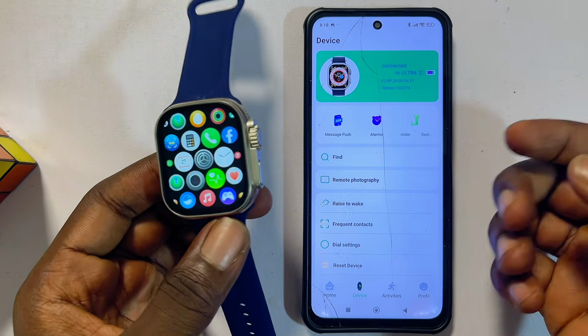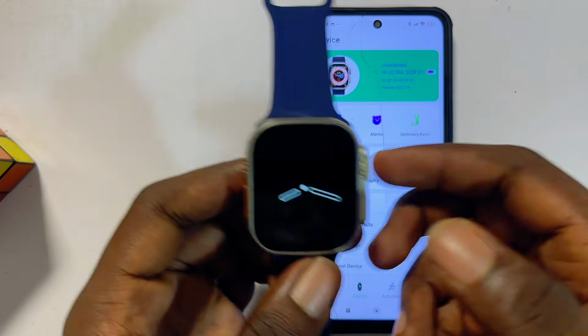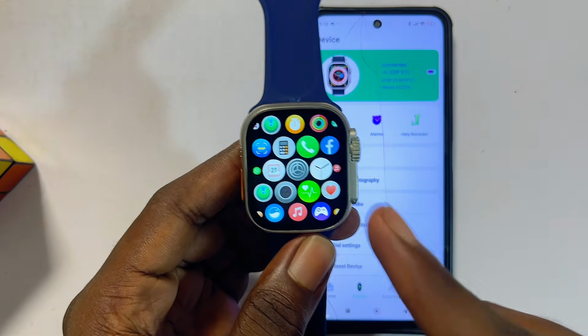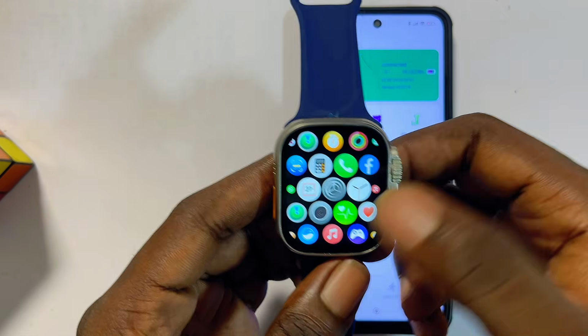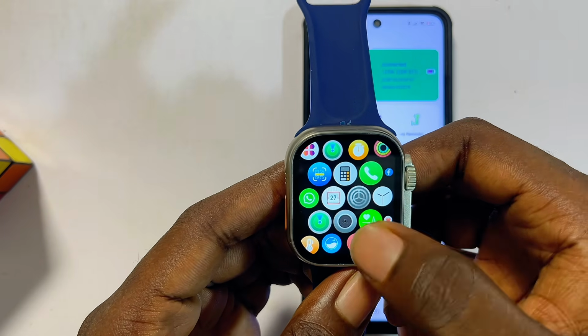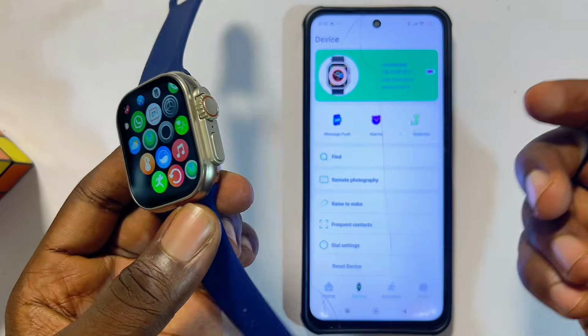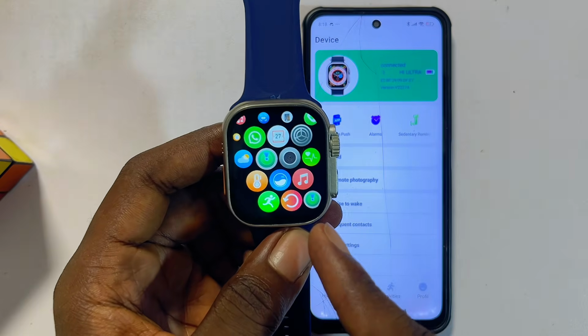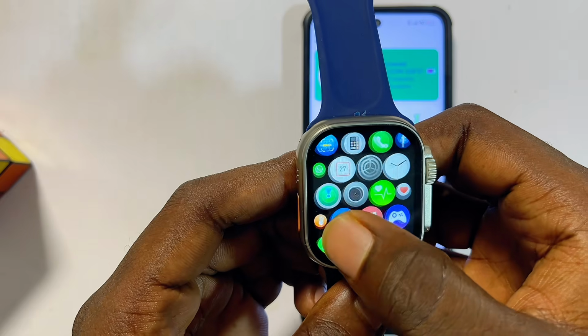Hello guys, if you've been wondering whether you can download and install apps and games on your HiWatch Ultra smartwatch, like the YouTube app, TikTok app, or even play games or download games, then take a look. On my HiWatch Ultra smartwatch over here,